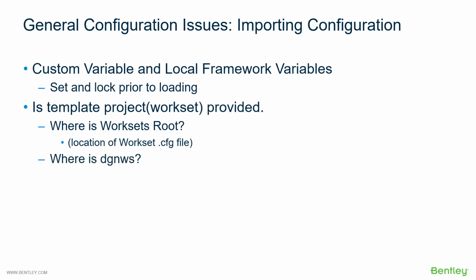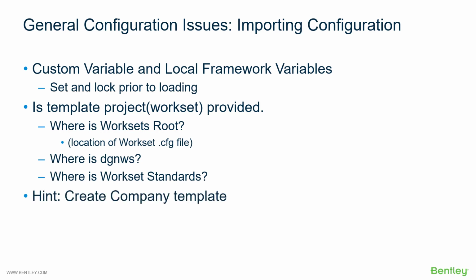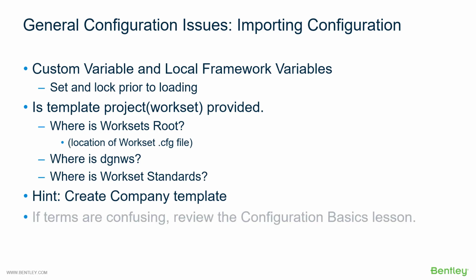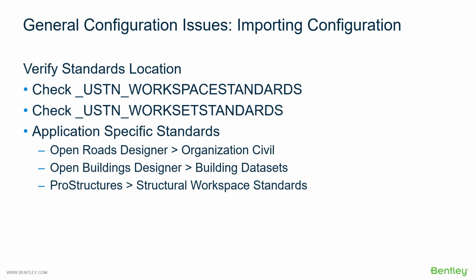Where is the DGNWS file? And where is the workset standards location? Once you get this defined, we would recommend creating a company template so that you can recreate these projects easily. If these terms are confusing, I recommend that you go back and look at the configuration basics lessons. A couple of variables you want to make sure that you verify are USTN workspace standards and USTN